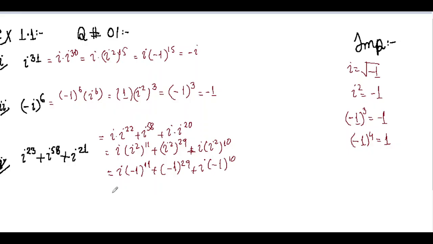Okay, now moving towards the next step, we get a negative number with an odd power. The answer is negative, minus iota. Okay, negative number with odd power, the answer is negative, and a negative number with even power, the answer is positive, plus iota. Minus iota and plus iota are cancelled, and the answer is -1.